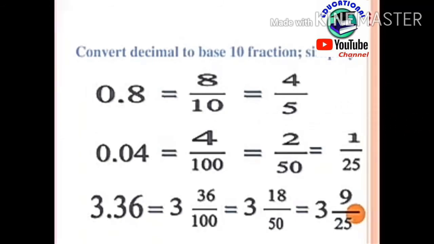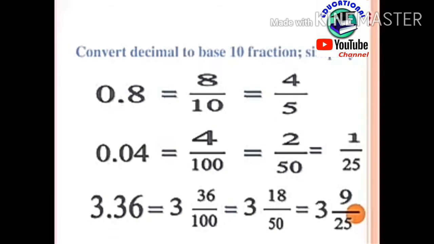0.35. In fraction it is 35/100. It is not in the simplest form. Now we are going to simplify it by dividing by 5. So it is 7/20. The third example is